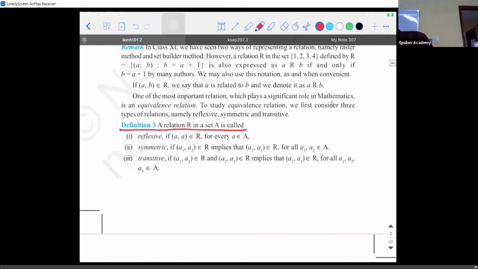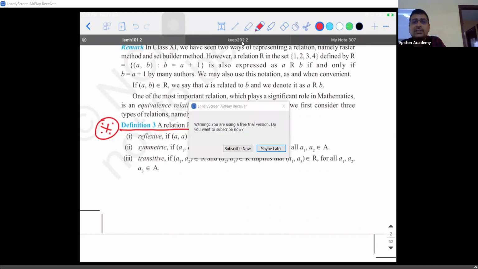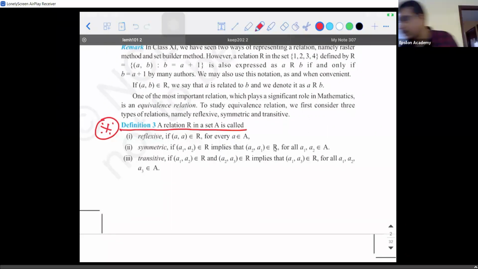This is what we are going to see. These are all the types of relations based on which all the problems will be asked. So a relation R in set A can be called as 3 types. The relations are basically classified into 3 types. One is called as a reflexive relation. The second is called as a symmetric relation, and the third is called as the transitive relation, depending on certain conditions that they satisfy. Okay, let's see what they are.